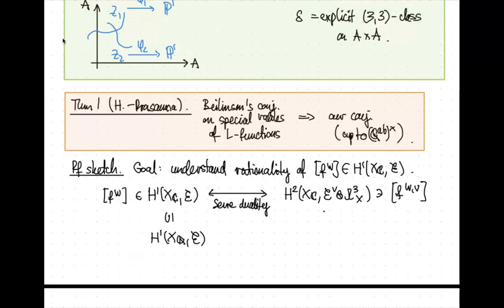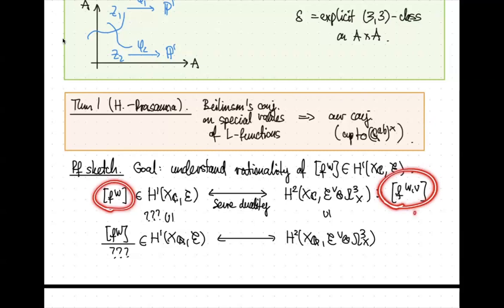There's this rational structure, and these things are also defined rationally. So there's a rational structure over here. And of course, Serre duality preserves the rationality, so you have a pairing between the rational structures. You would really want to know something about this rationality over here. Maybe you'd like to know what multiple of it ends up being rational. And I'm saying that if you paired it with this guy and knew something about the pairing and also about this rationality, you would be able to figure out what the rationality on this side is, if that makes sense.